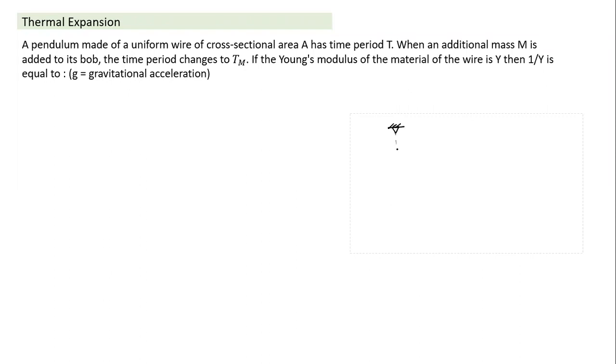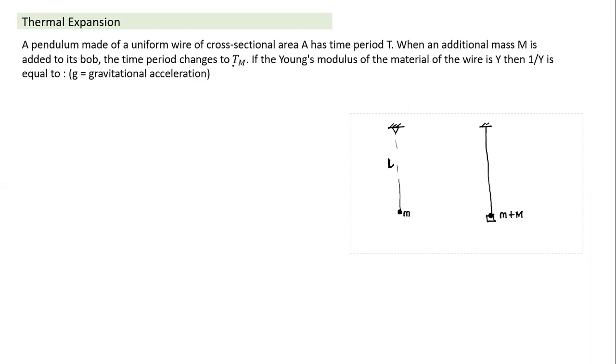So it has a pendulum here. Metal wire has certain length, and we attach a mass here. We take this L and this mass M, and we calculate the time period. So this wire has some cross section A, and mass M is hanging here. It has a certain time period. What has happened when additional mass of capital M is added? So in this case, what is the change made? Just try to understand what change is made and what effect it will have on my solution of the question. Now, mass has been changed from M to this new mass. Extra mass capital M has been added.